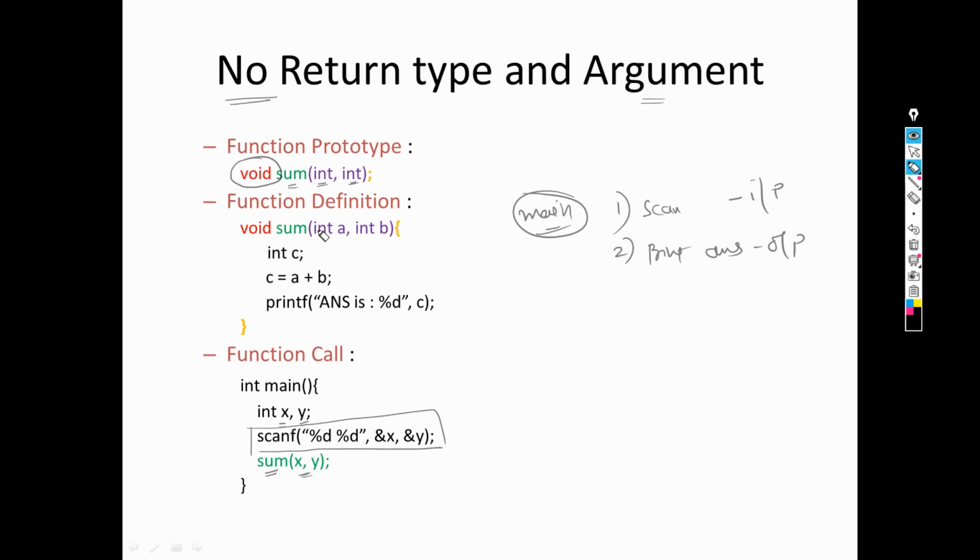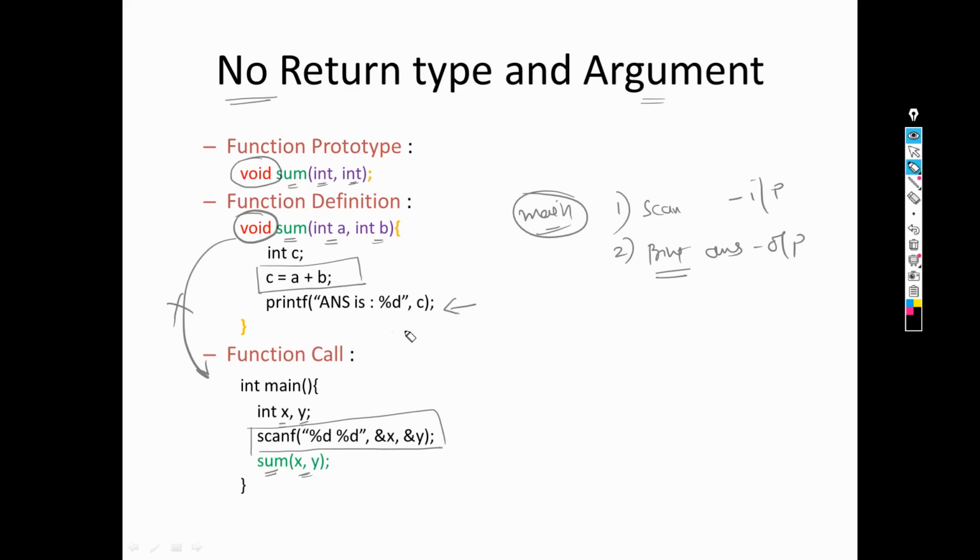You can see now in sum it will be taking two arguments which will be passed by the main function, x and y. So x will come to A, y will come to B. Now the logic, we have the answer stored in C. But since the return type is void, we are not returning anything to the main function. So the second responsibility of printing the answer should be executed by the UDF itself, so I have written this printf statement.